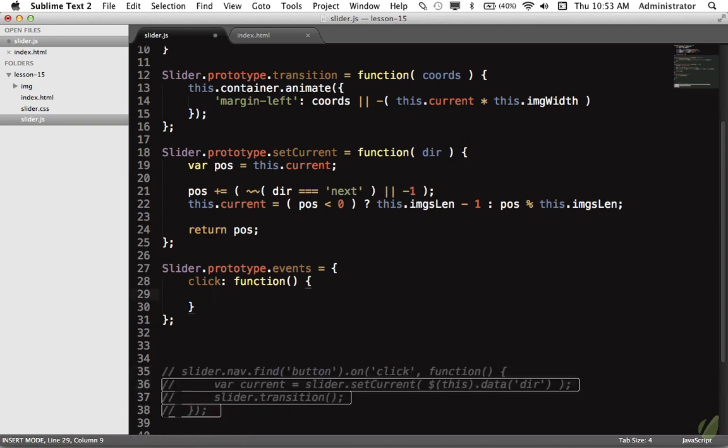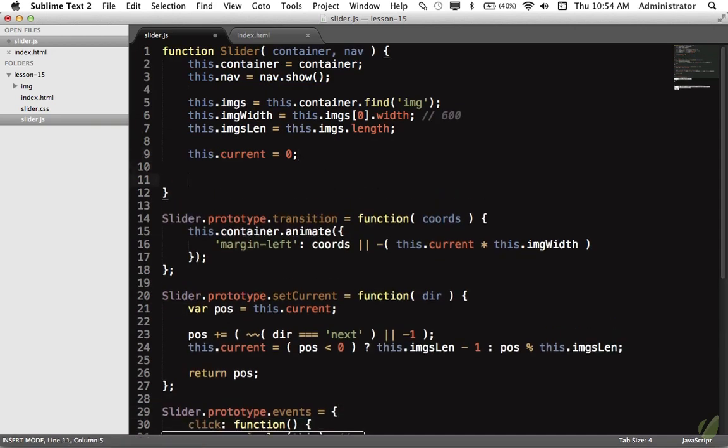So now what we can say is we want to refer to the slider instance. However, now that we have this new object, this no longer refers to the instance. It refers to the events object that we just created. But that's okay because we can take advantage of the call method to override that. We can trigger this within our constructor by saying